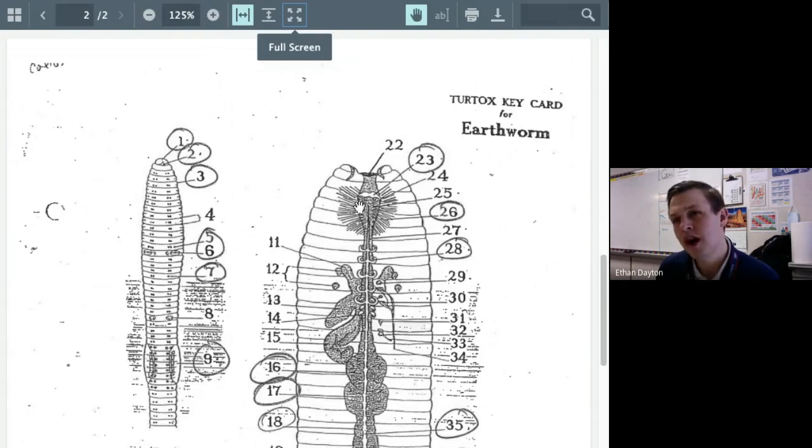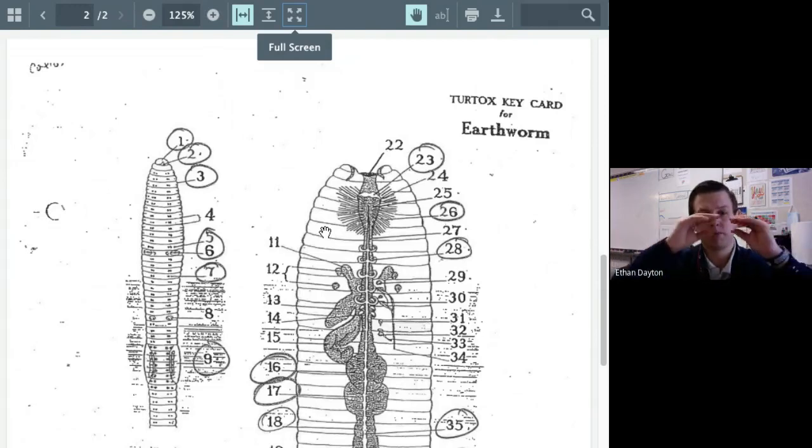You see these fibers, these muscles on the side of the pharynx, everybody? Remember we talked about this during the dissection. I know that was a while ago now. But these are muscles, and 26 is actually circled, right? It's pointing to these. Those are dilator muscles or pharyngeal muscles, okay? And those muscles control the size of the pharynx. Why do you need to control the size of the pharynx? To control how much is let in and out of that pharynx, how much food and organic material is let in and out.